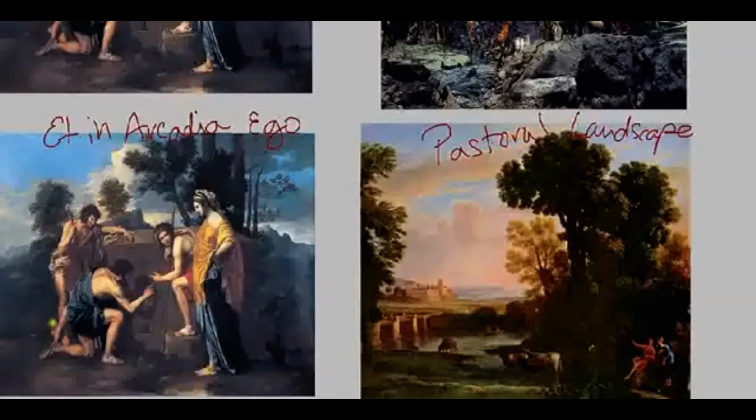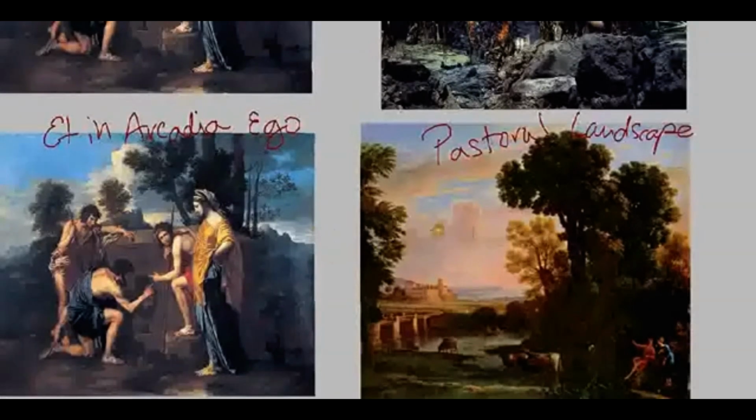For one thing, there's figures front and center in Poussin's painting. And as I mentioned when we just looked at the example above, this is really a story here. We have shepherds who've come across this sarcophagus with the inscription Et in Arcadia Ego, which means I too am in Arcadia. And this is often viewed as a meditation on death, right? Even this image of death, this sarcophagus, intrudes into the peaceful and idealized world of Arcadia. So this is a meditation on a very specific idea.